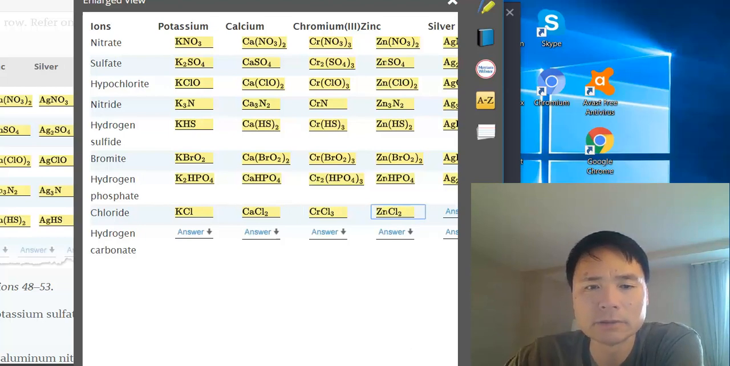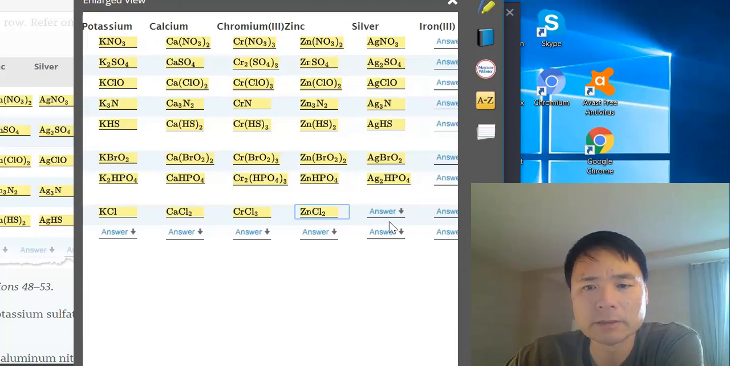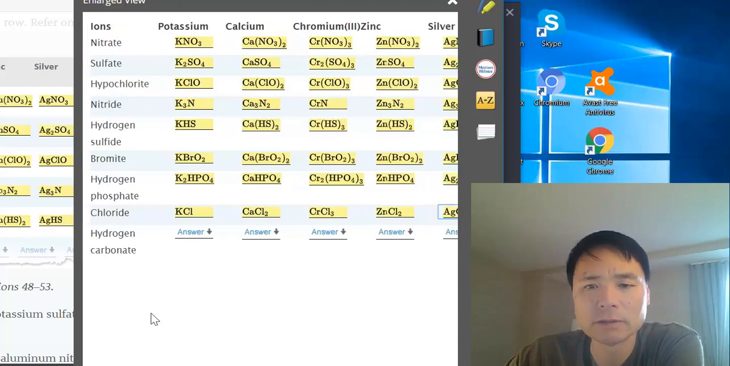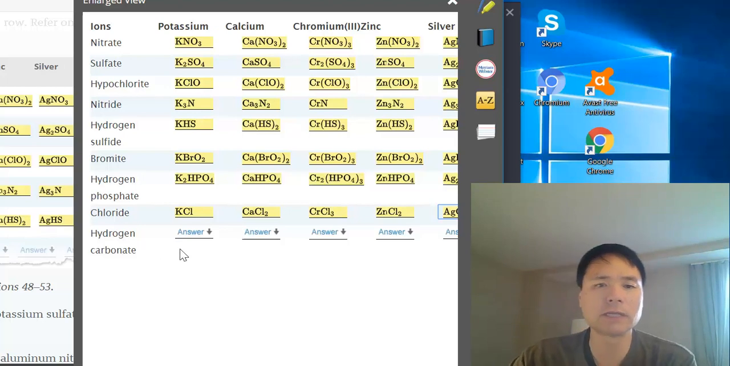ZnCl2 here. Silver is a 1, so just 1 chloride. AgCl, silver chloride there. Alright, potassium carbonate, or excuse me, hydrogen carbonate. Here there's only 1, so it's HCO3 minus, because H2CO3 would be carbonic acid. So HCO3 minus, so this is